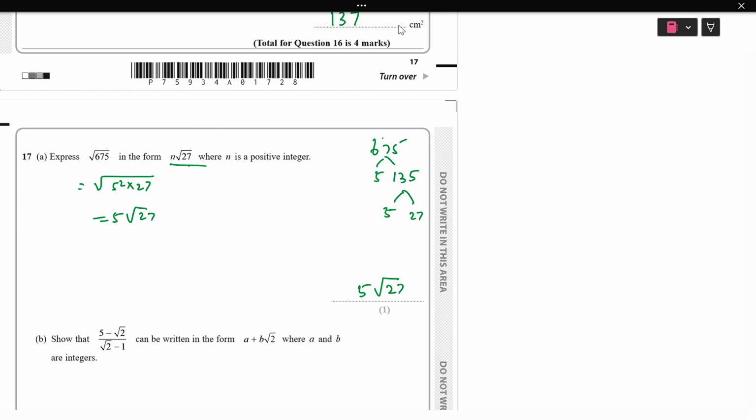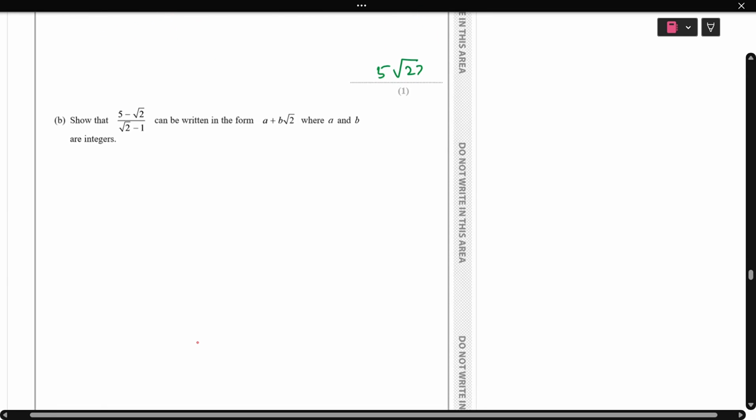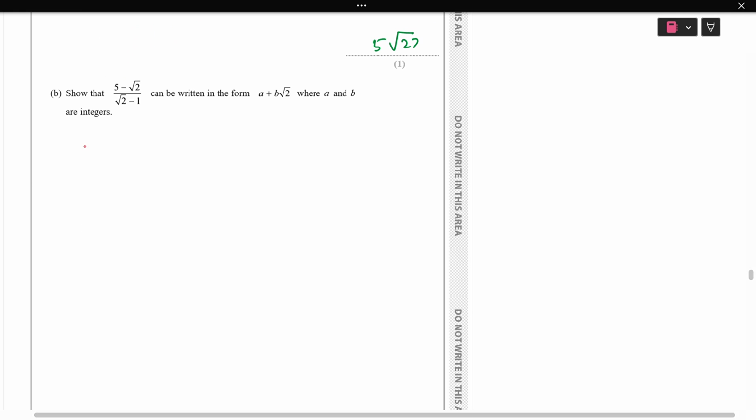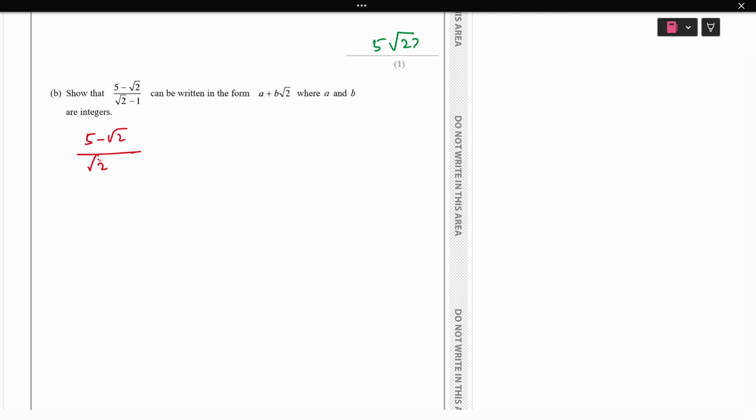Okay, so the next question. Show that it is in this form. We will rationalize the denominator: 5 minus root 2 over root 2 minus 1. So we'll take the opposite sign in the denominator, root 2 plus 1 over root 2 plus 1. So for the numerator, when we multiply, we'll get 5 root 2,